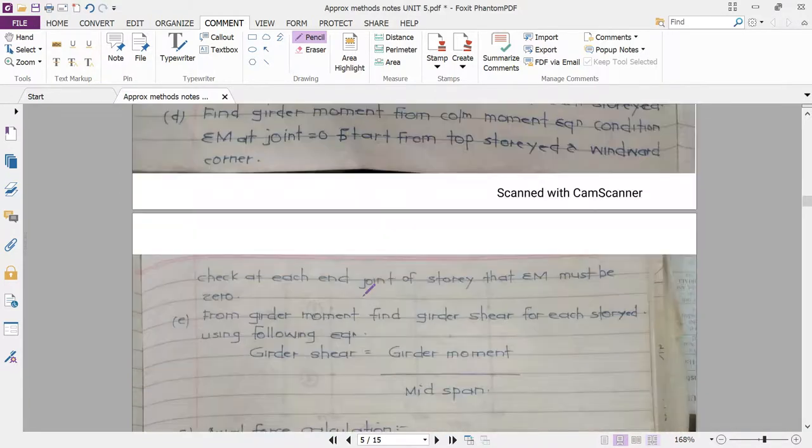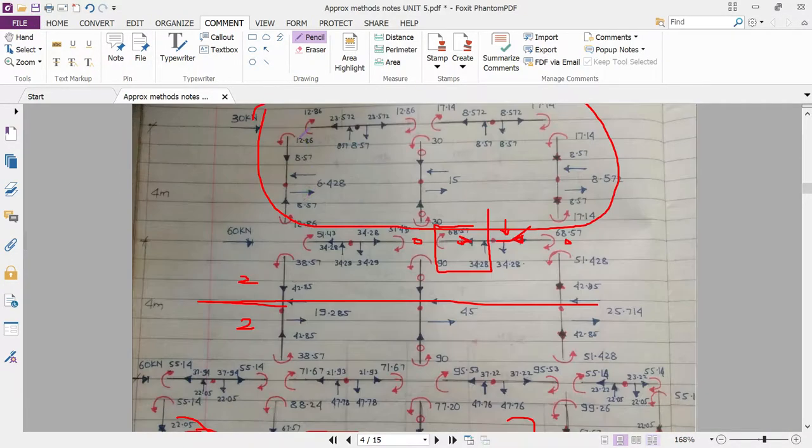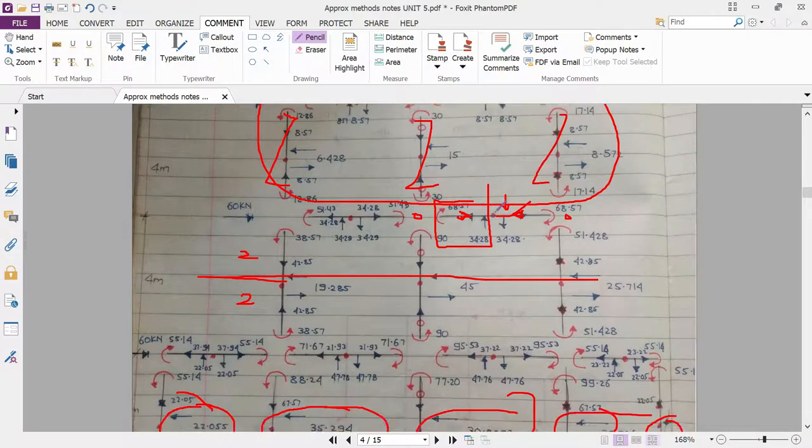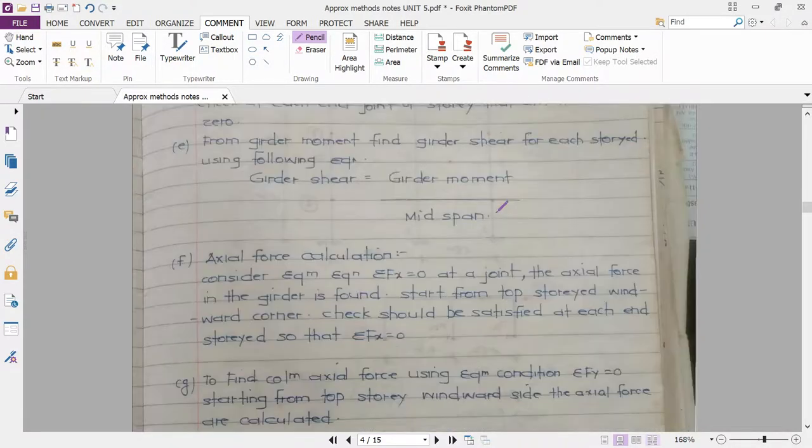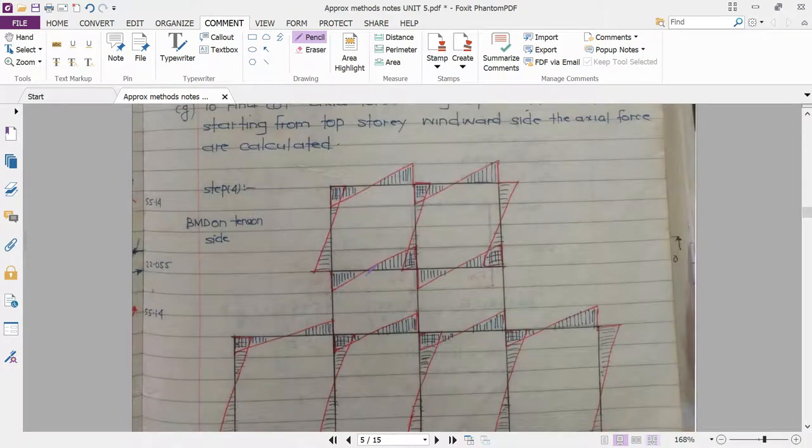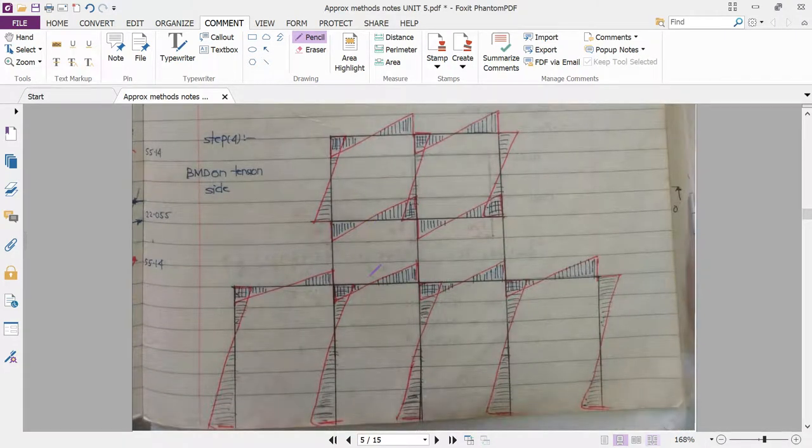Similarly in the column also, the tail portion is in the inward direction in all the column cases at the top portion, whereas it is in the outward direction at the bottom of the column. So therefore the diagram will be like this. So all the diagram will be like this. Okay, so it is very easy. Just follow the tail, where the tail of the arrow comes, you just follow that and draw the particular bending moment in that direction.